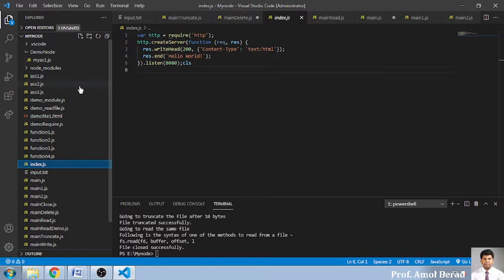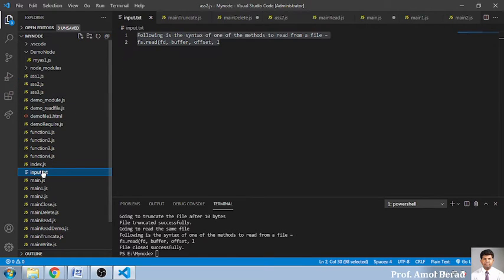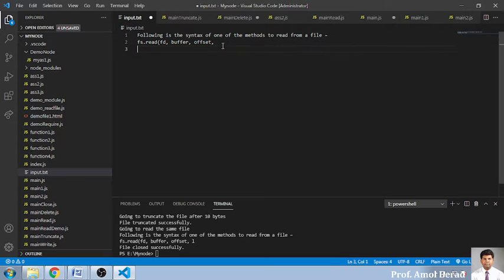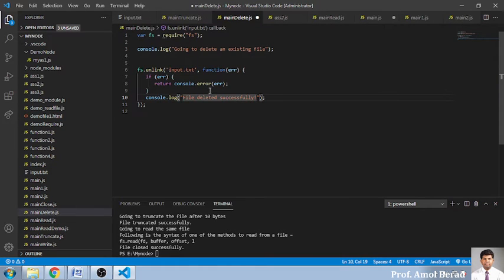Now see, my file is present over here, that is input.txt. See this is the input.txt file, and some data is over here. So I'm copying some content and pasting it 2-3 times. I'm saving this file. And now I'm going for the delete function. When I run this program, you'll find this input.txt file will get unlinked. Unlinked means it will get deleted, as Node specifies.